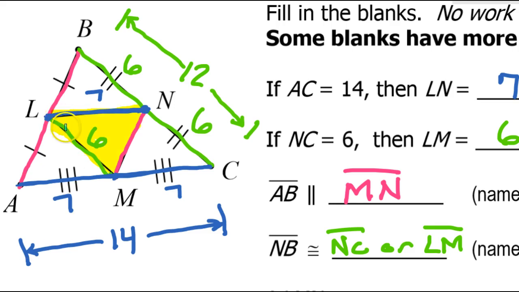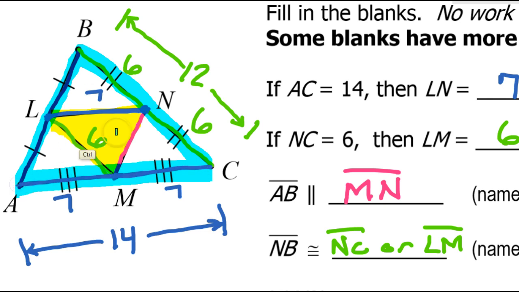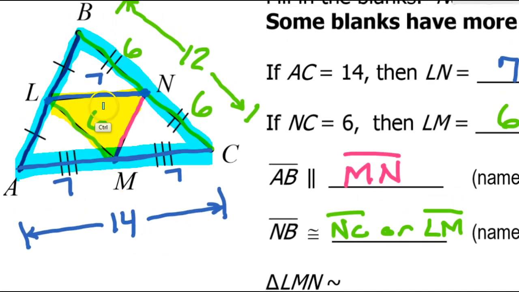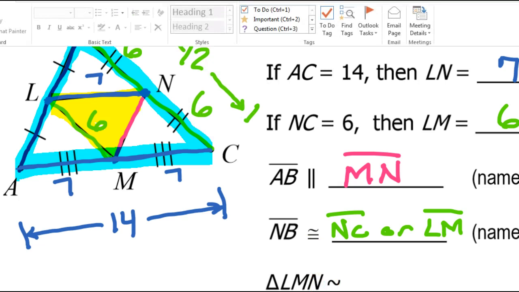Notice the triangle LMN is this small yellow triangle in the middle. That is going to be similar to the large outer triangle. All right, the inner triangle is similar to the outer triangle in this situation. Now let's try to match it up though. They gave us LMN, and look,